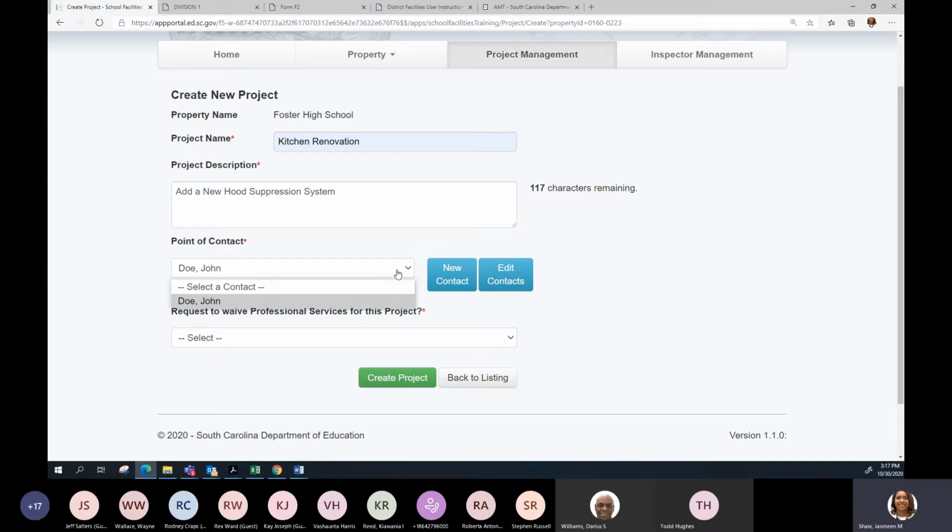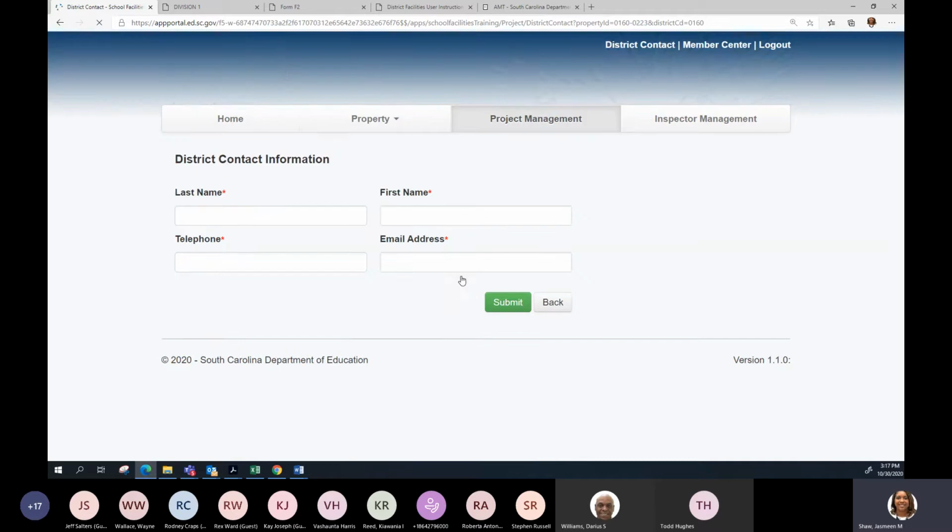Now, if John Doe or whomever you want to assign to the project is not in this drop-down box, you can select New Contact right here, and then it gives you the option to fill in whomever you want to be the contact for your district for that project.